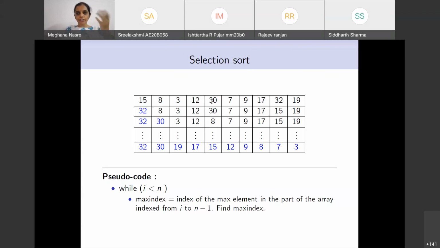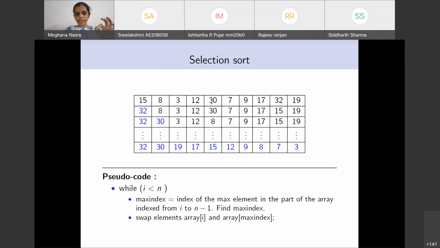You can return the first one, you can return the last one, it doesn't matter, because in the remaining part, the max will continue to remain the max of the remaining array as well. So it doesn't hurt us if we take the first or the last or any arbitrary maximum index. So these are the two things that we need to do: find the max index.